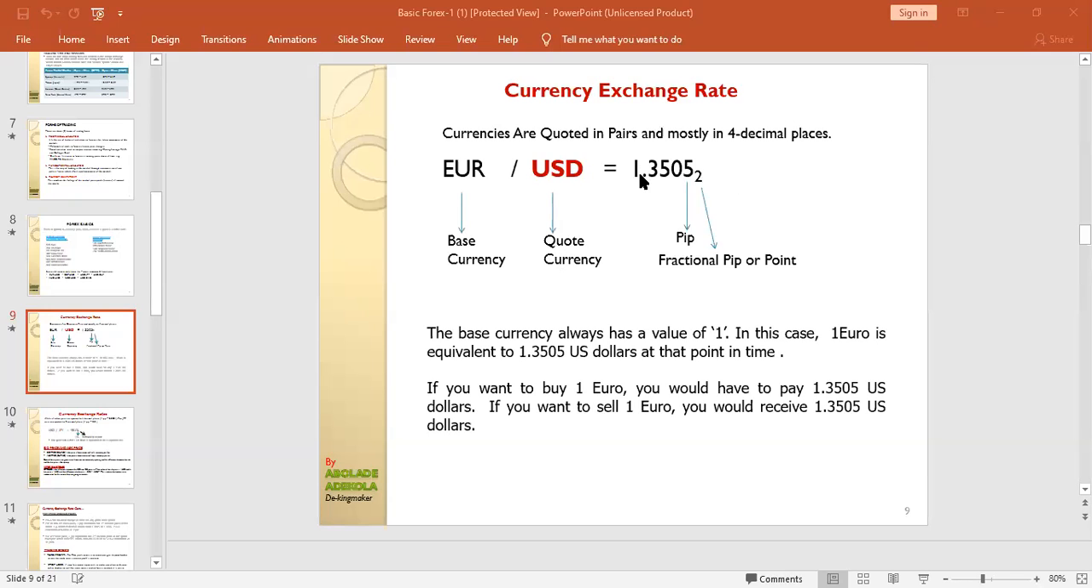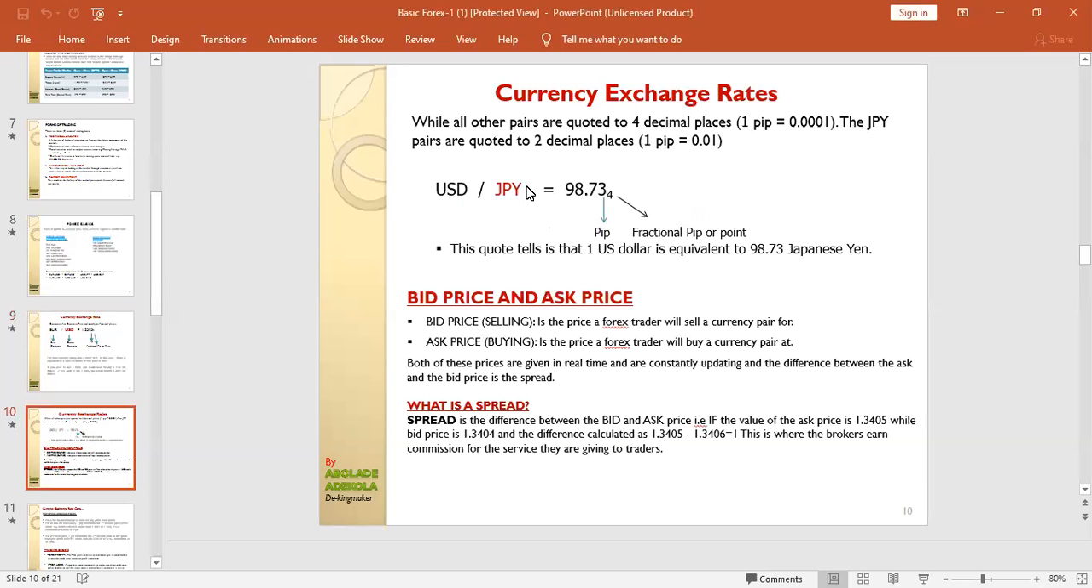And we discussed that the fourth number after the decimal point is called the pip. Okay, while the fifth number after the decimal point is called the point. And 10 points makes 1 pip. Okay, I hope that is clear. Now, same thing as this. The first currency pair on the left is the base, while the second one is quote. And all JPY pairs, take note,